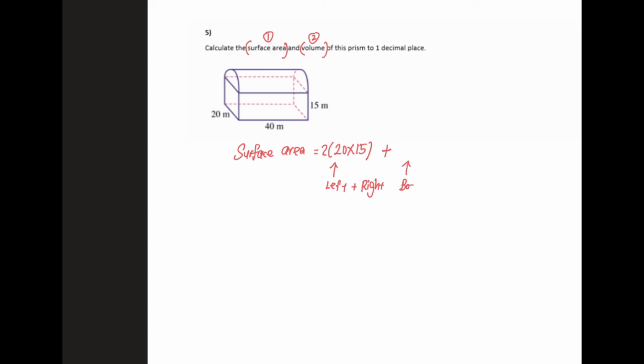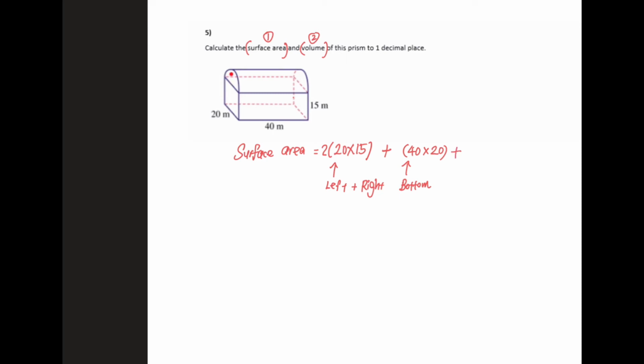Surface at the bottom, let's take a look. We have 40 and we have 20. So this rectangle will have a surface area of 40 times 20. So let's write down 40 times 20. This is the bottom, and we also have